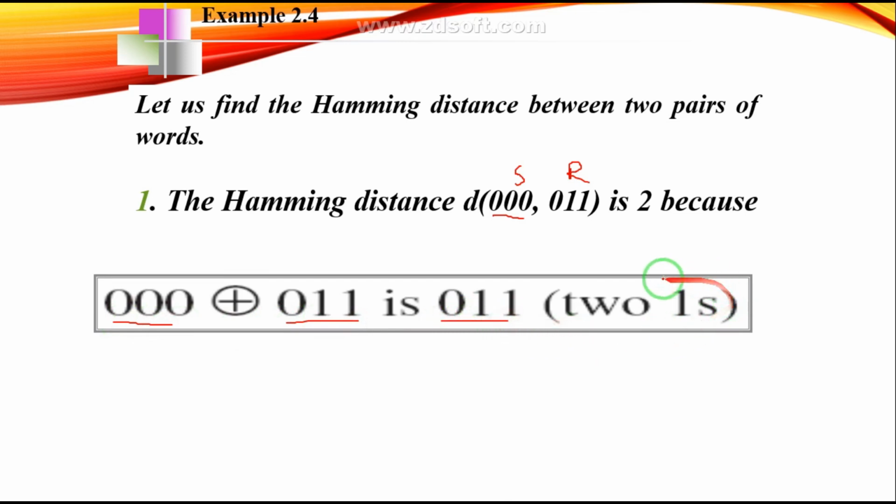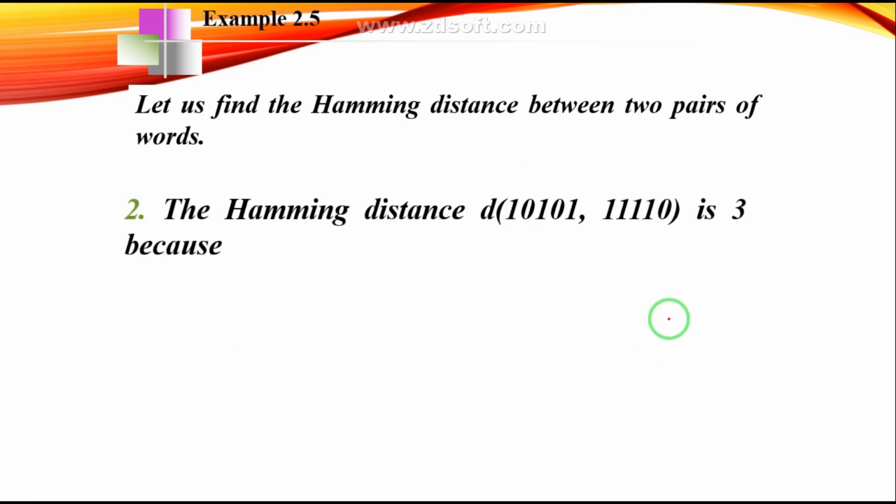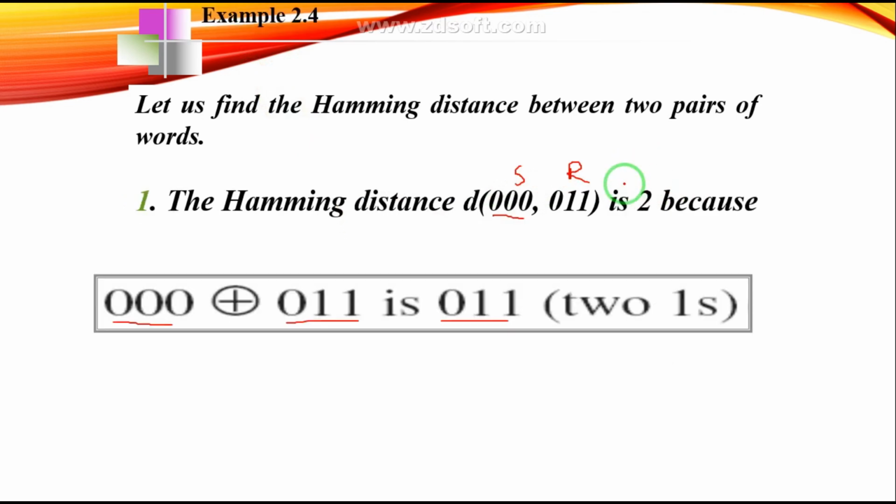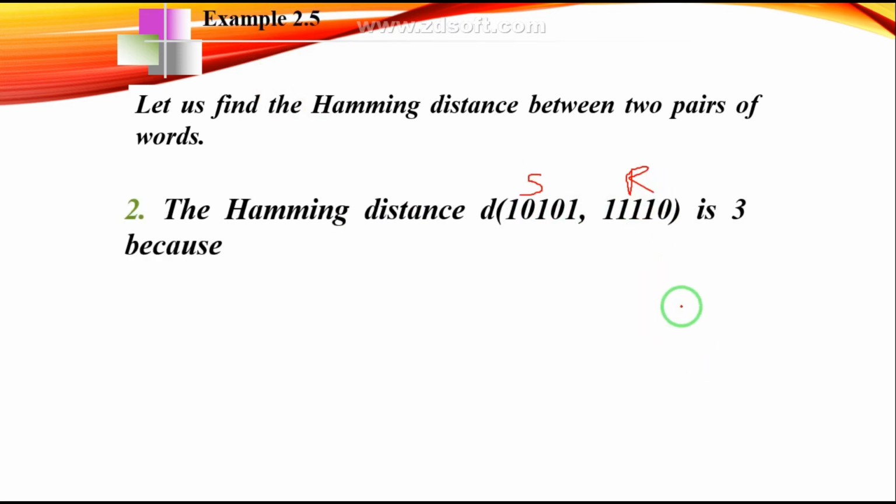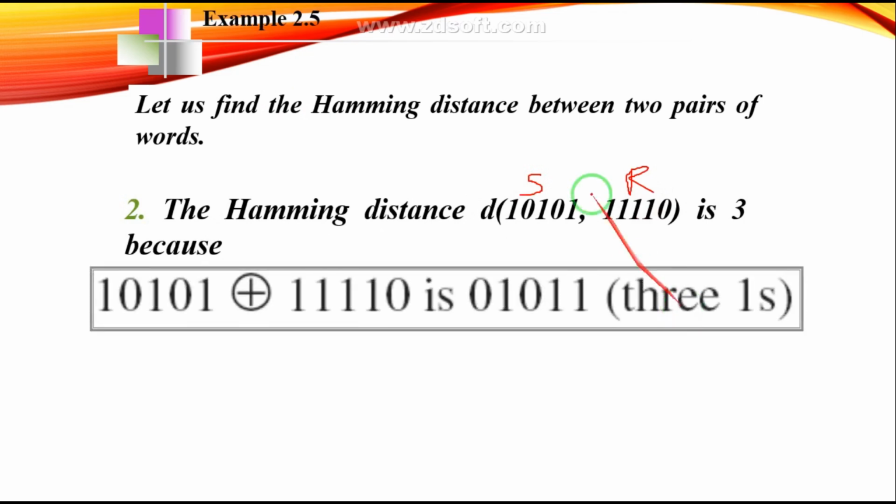It means two ones are there, two changes are there. And similarly, the Hamming distance of this sent code word and received code word is 3 over here. In the earlier example it was 2, because two ones are there, and in this example we would see 3. Now we are going to make the XOR operation of the sent and the received code word,